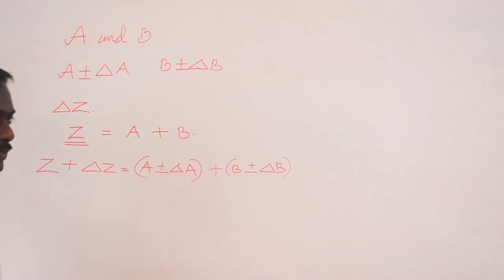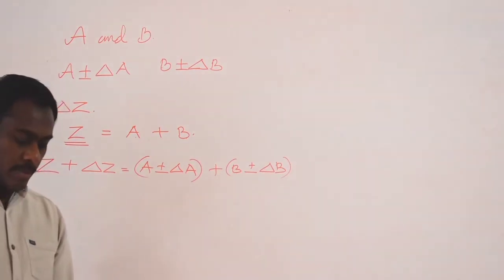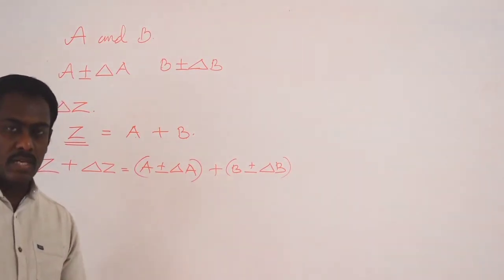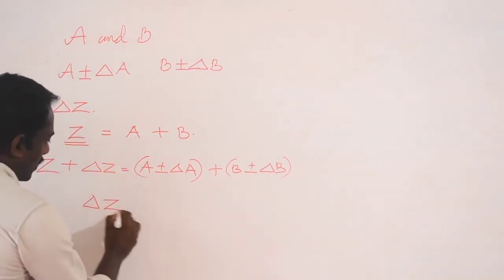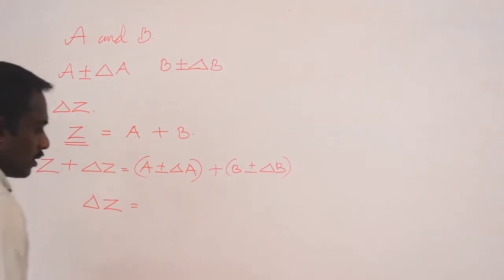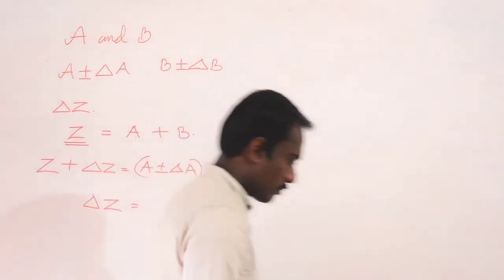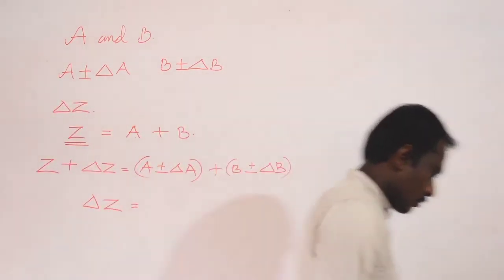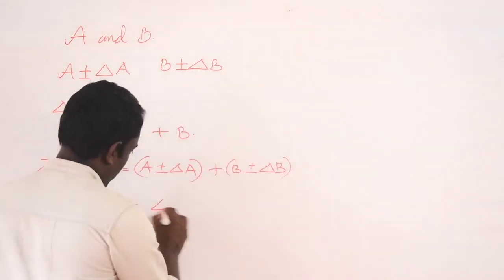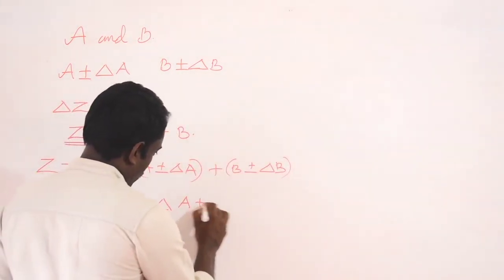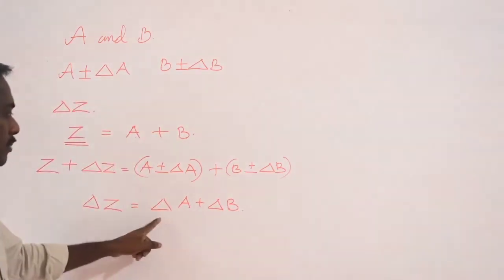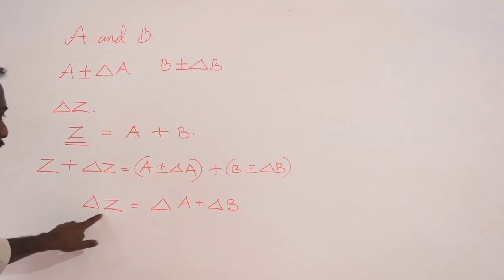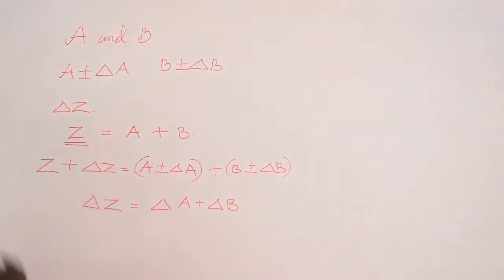If we want to find the maximum value of the absolute error, we can write the maximum value of error delta Z is equal to delta A plus delta B. That will be the maximum error in delta Z. And this is for the sum. And for the difference,